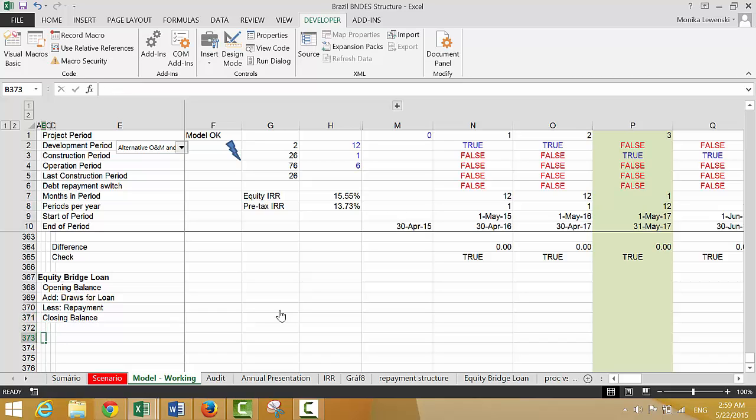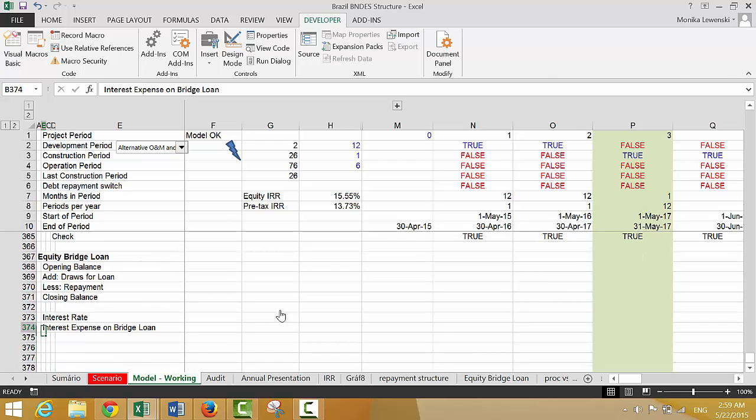and then we put interest rate, interest expense on bridge loan. Okay, and then now we can put equity cash flows with bridge loan. And what we do is, okay, and